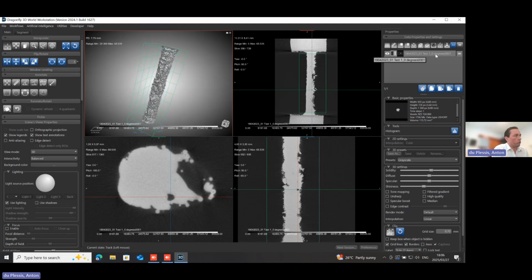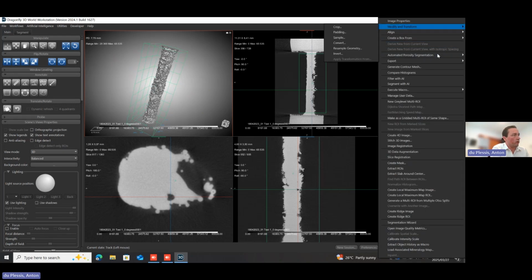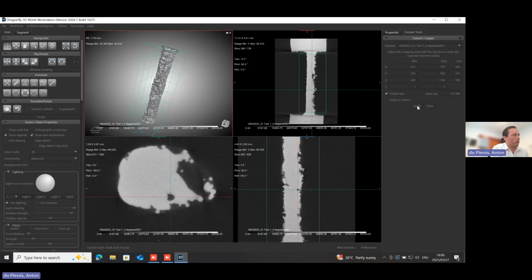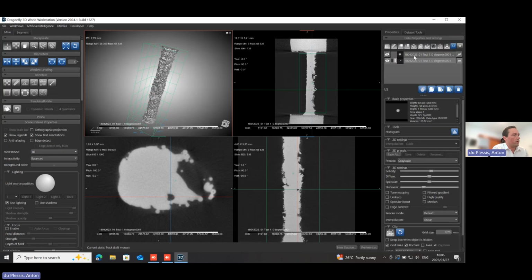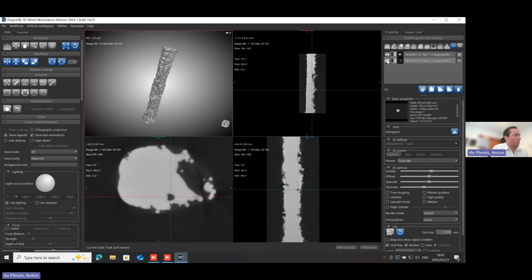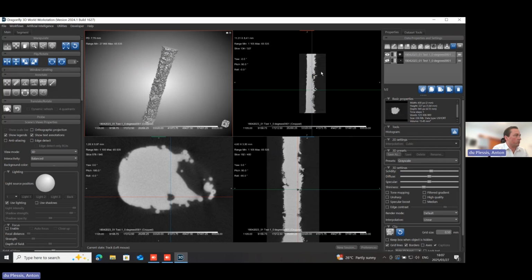And what we'll do to crop that to make a new data set is to right-click on the name of the data set and go to Modify and Transform, Crop. This data set cropper tool already has the values for the clipping box. So by creating a new one and clicking Apply, you will have a new data set here. This new data set, if you visualize that, has only data in that box region. So it's different than the clipped box because now you have only data in this region.